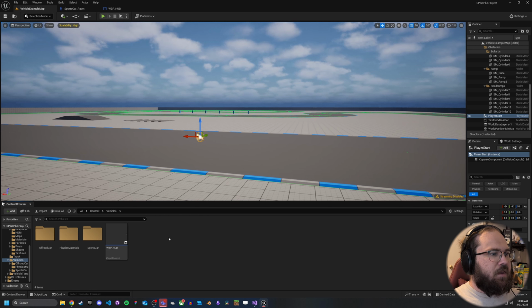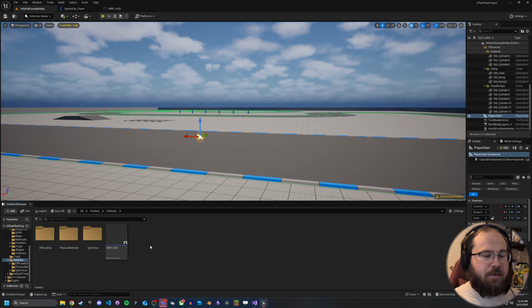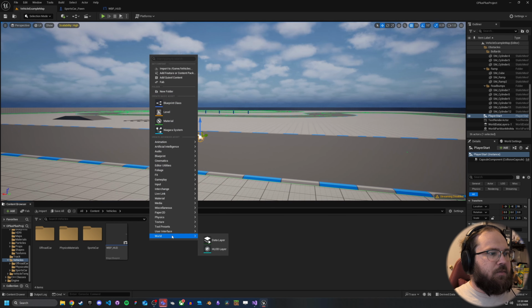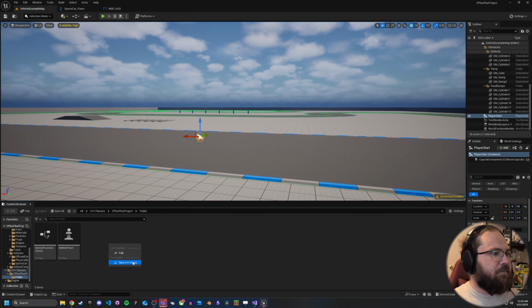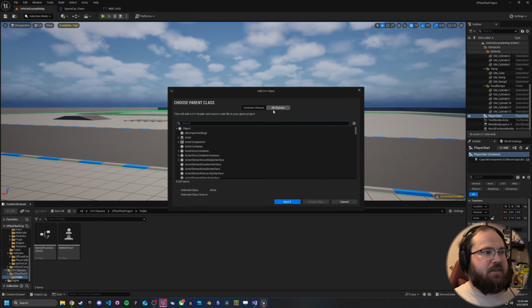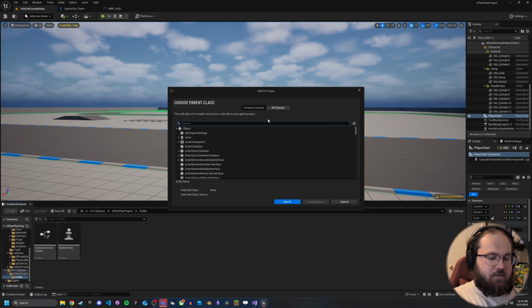So first thing, I've created a basic HUD to actually use for displaying the text that we get back. But what we're going to want to do is go in here and create our new C++ class. Now, this is specifically going to need to be an asynchronous class. So that in Unreal Engine, we have something called the Blueprint